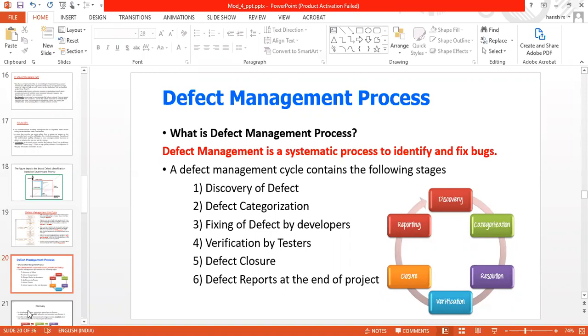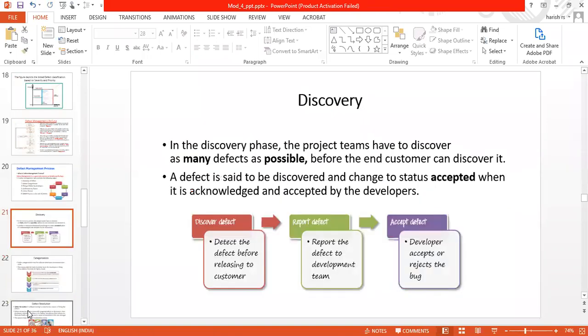So the first one is discovery. What happens in discovery? The discovery stage is the first, earliest stage. In this, the development team itself will try to find out the possible defects, so that the end tester will not find any such simple defects, and the end customer will not be able to find them.